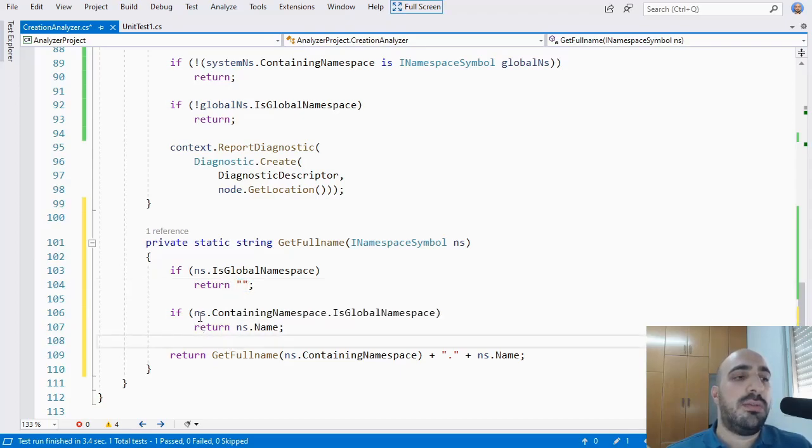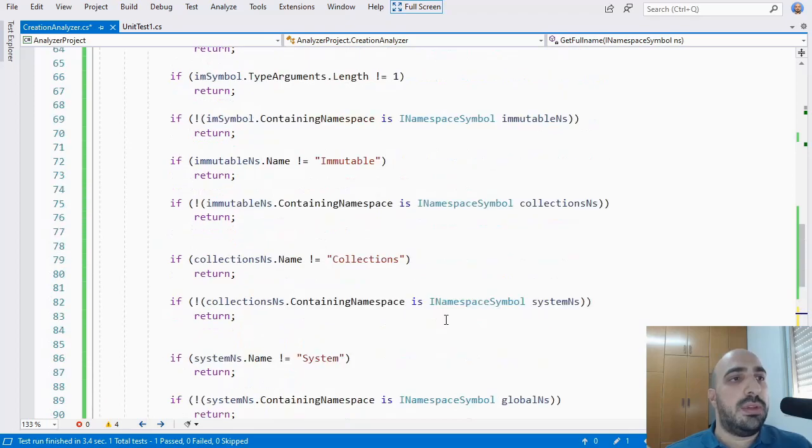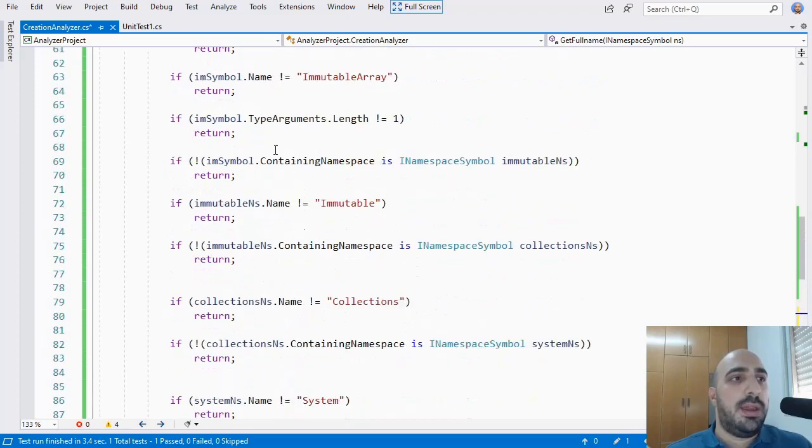Then it checks if the parent namespace is the global namespace. In this case, it returns the namespace name. Otherwise, it uses recursion to get the name of the parent namespace, and then it adds a dot and the name of the namespace. So now, instead of doing all this, I can come here and say